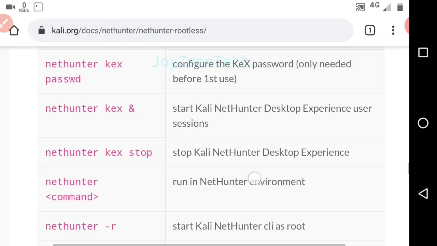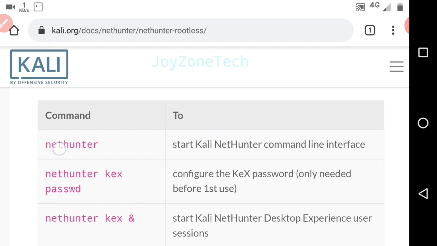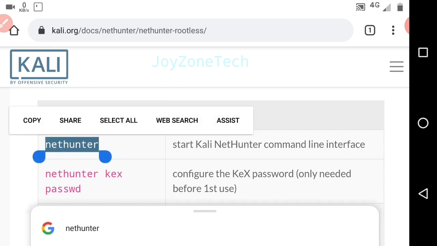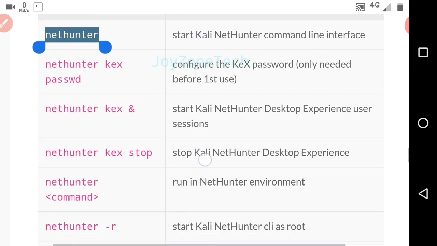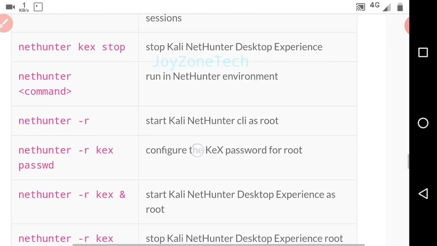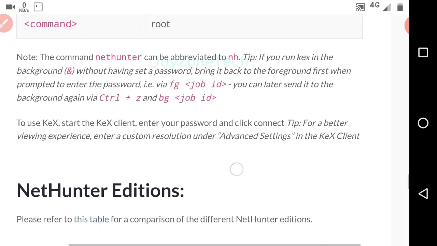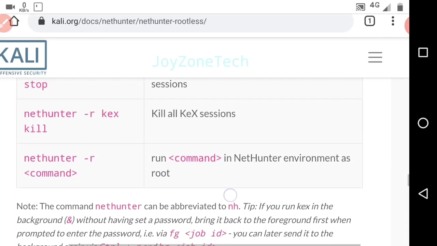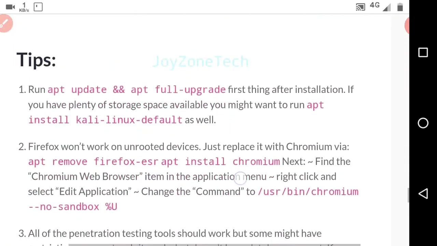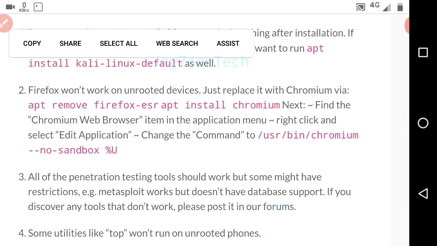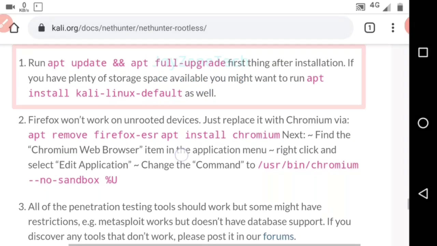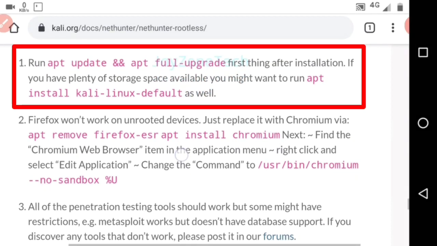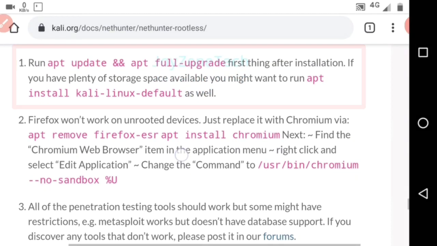You can also check out the other commands from this website. These commands will help you to install the full version of Kali Linux in your Android.